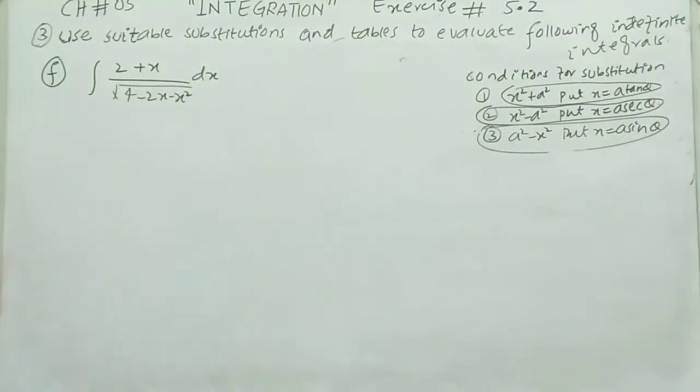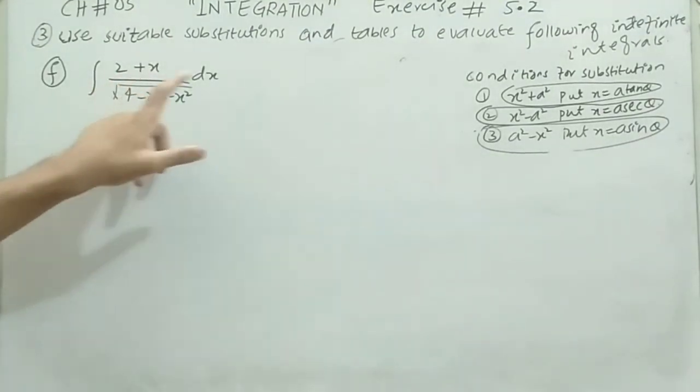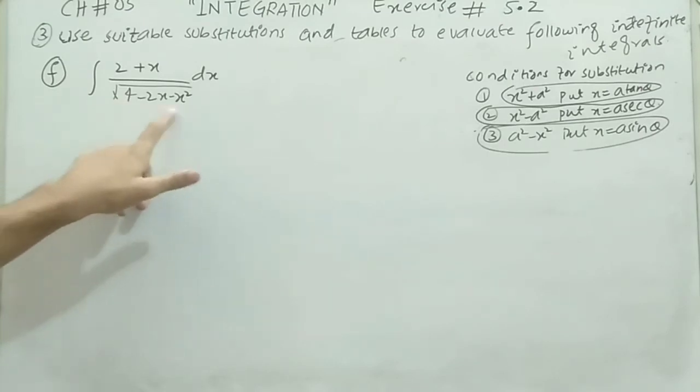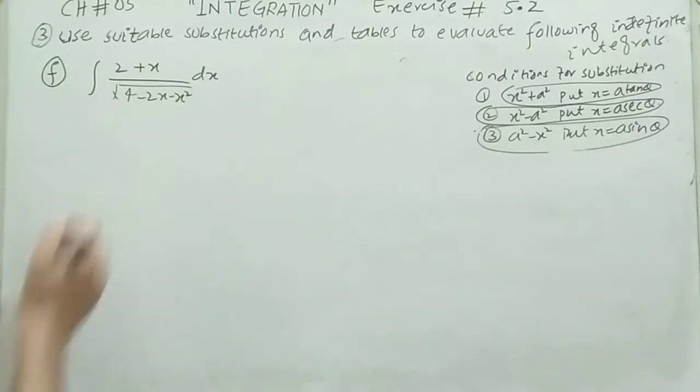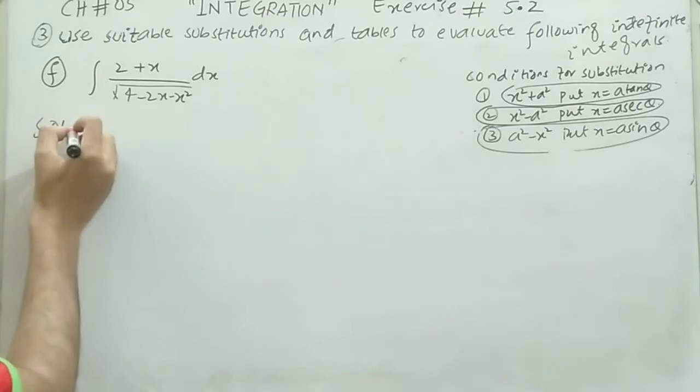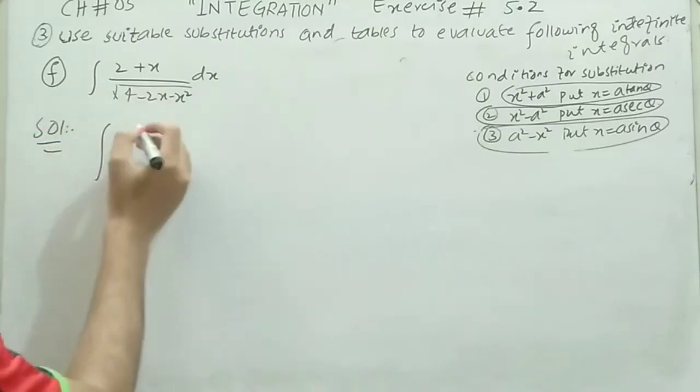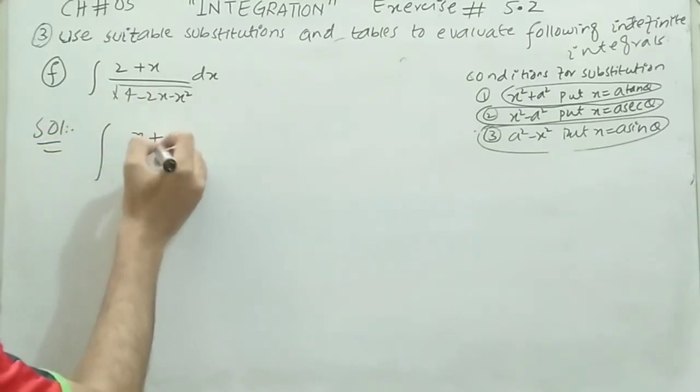Now move toward part number f. It tells that integral of (2 plus x) dx divided by the square root of 4 minus 2x minus x square. Solve this type of indefinite integral. Moving towards the solution, in the numerator we can write x plus 2 just like (x plus 1) and plus